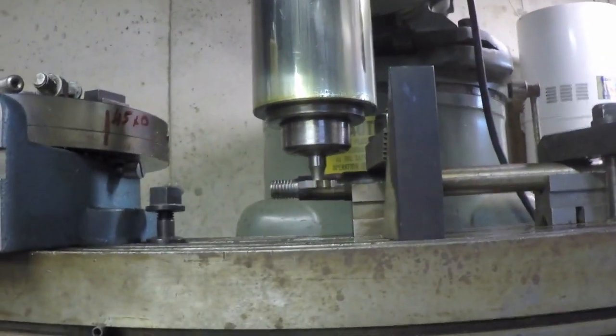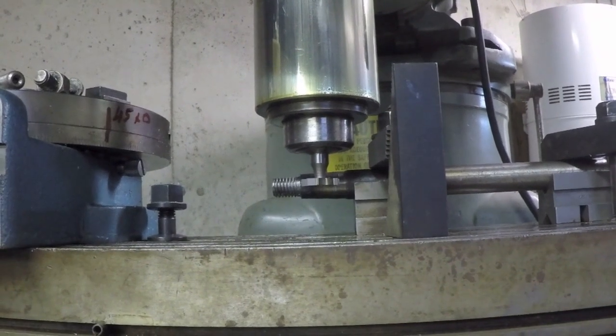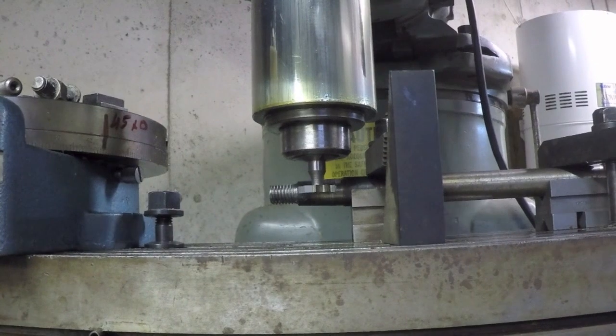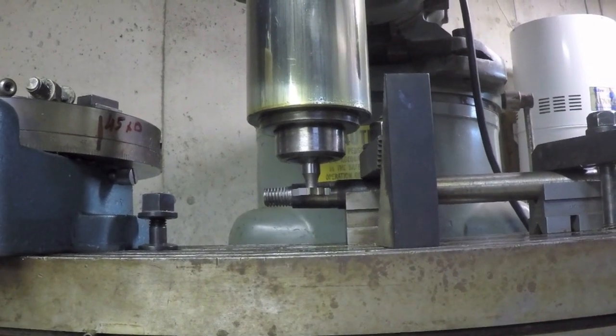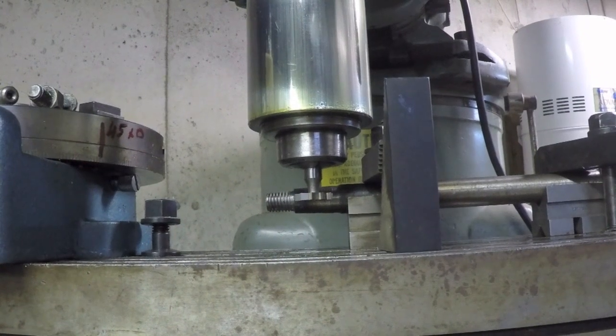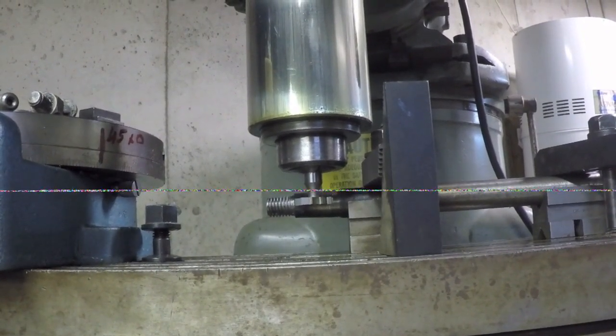All right. So as far as where I want that slot along the length of the taper, I kind of want it centered, and it looks pretty good right there. I'm just eyeballing it. If anything, it might be a little bit closer to the threaded end than to the thicker end, which I'm fine with. My slot on the steering wheel bushing actually runs the full length of the bushing,